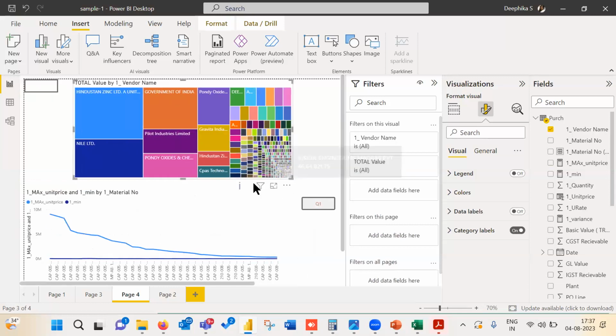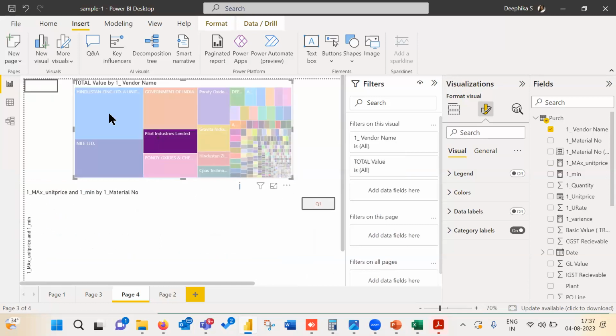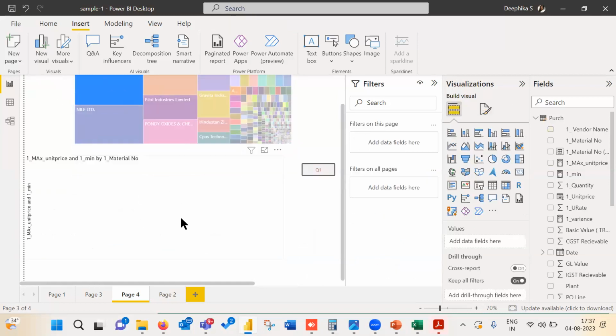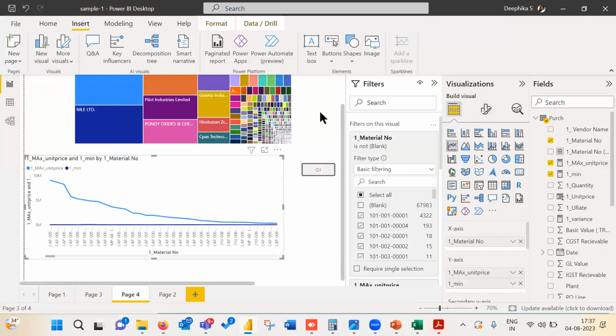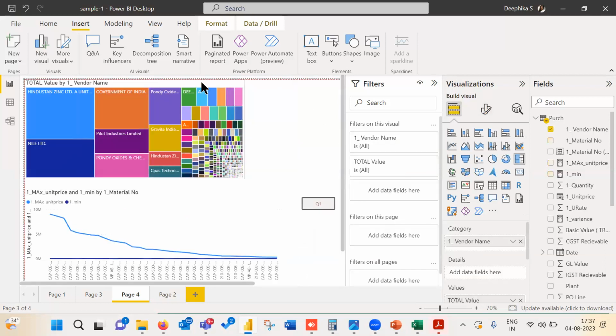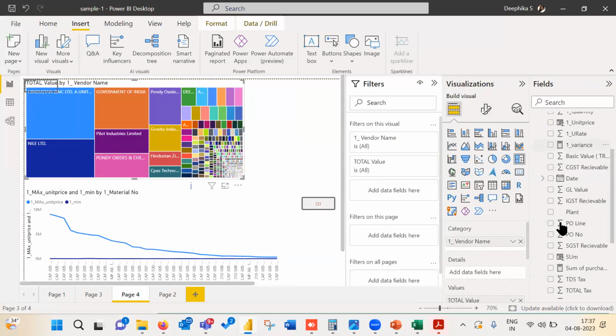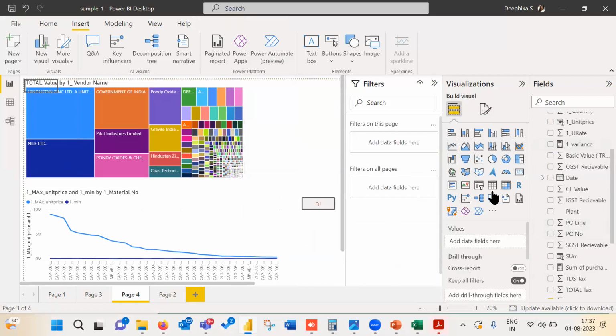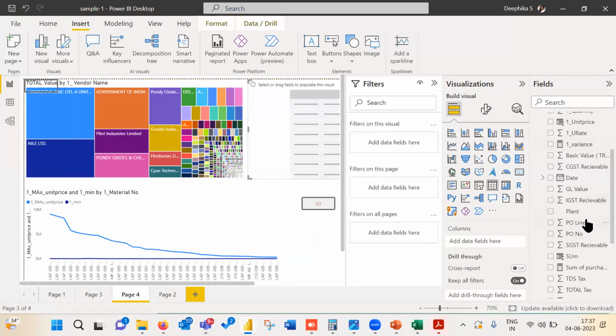So now let's say you are seeing this vendor or this vendor. And most importantly for audit, what we need is the respective PO details also. For this vendor, which PO, what is the variance, right? So we'll create one more table chart and we'll have the PO number.